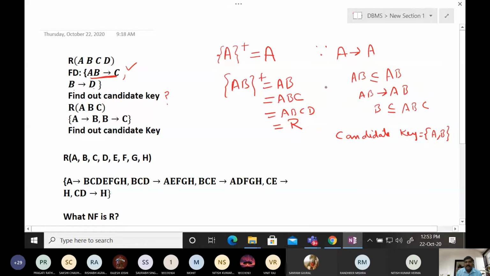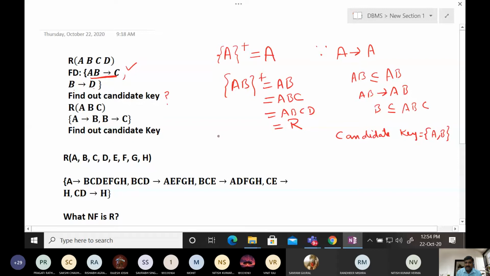In this case, candidate key exists. We will find out the closure of all the attributes, all the combinations of the attributes, and if a set of attributes determines all the attributes of R, then we will say that this is the candidate key. If we associate any attributes with AB, suppose we want to find the closure of ABC, obviously if we add any extraneous attributes in ABC, then that set will also determine all the attributes of R, but that is not the candidate key, that is the